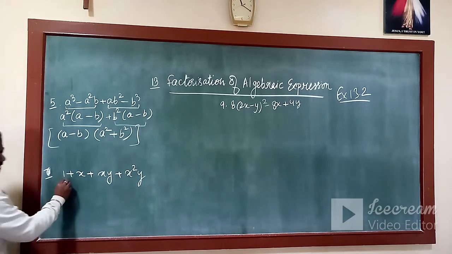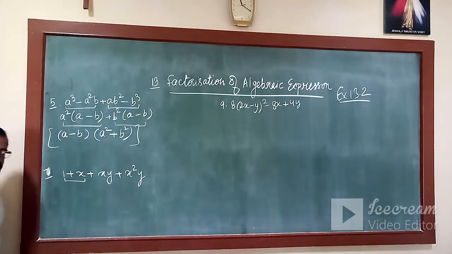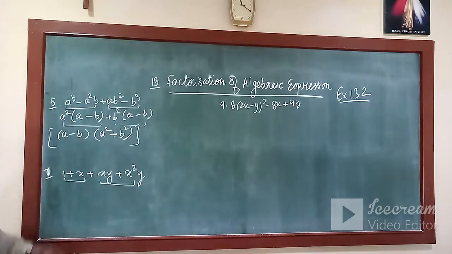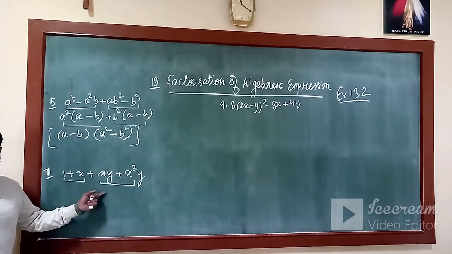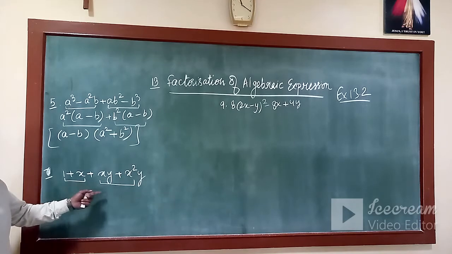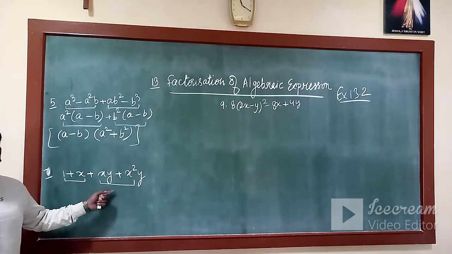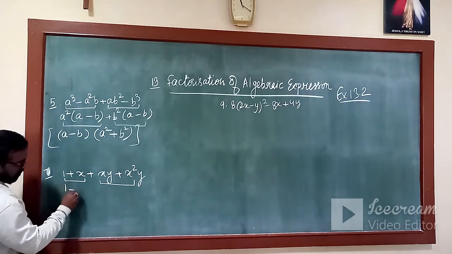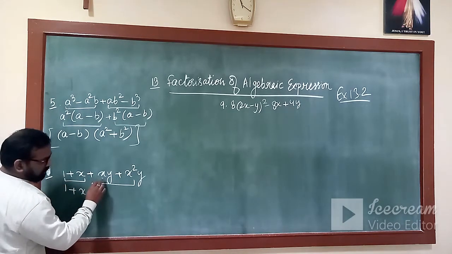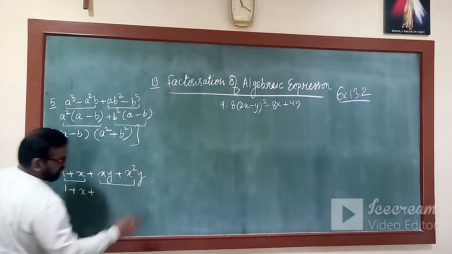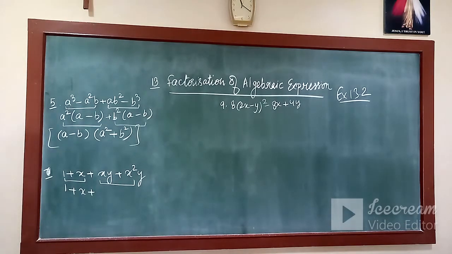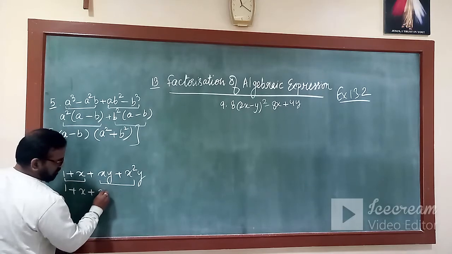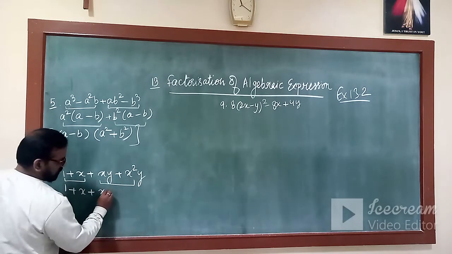Similarly here again, let this be my first group and let this be my second group. Suppose if I make the group of the consecutive terms, and it may happen that they are not forming the group, then you can shuffle the terms also. So let's see, it is 1 plus x. Now in this xy and x square y, two terms are there. So what will be the HCF? Least power of x, that is x, and least power of y, that is y.